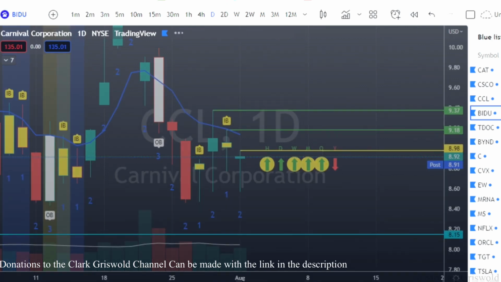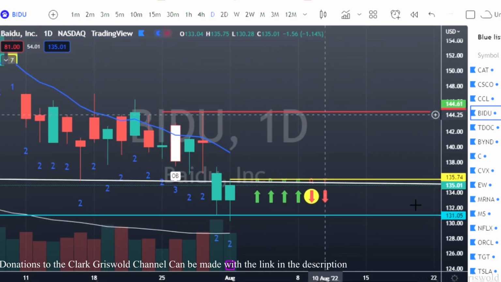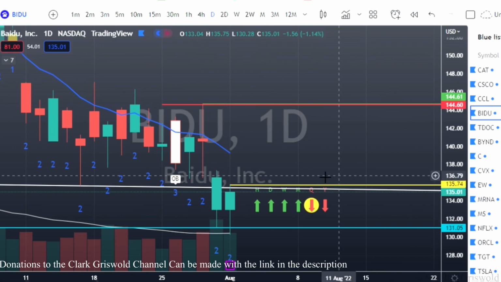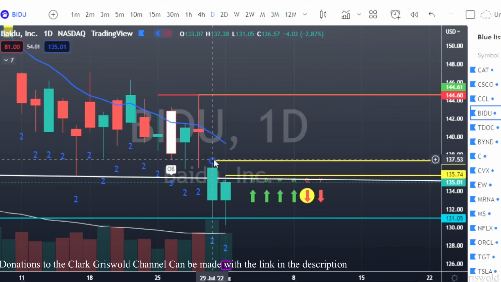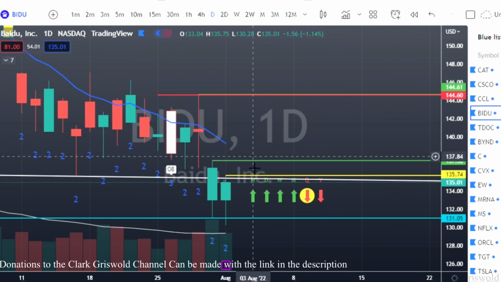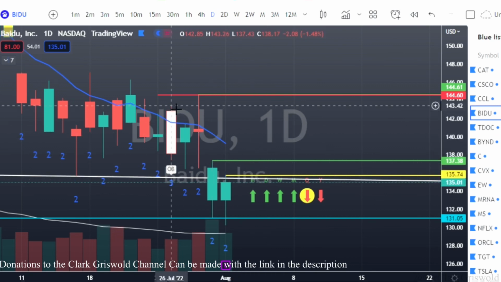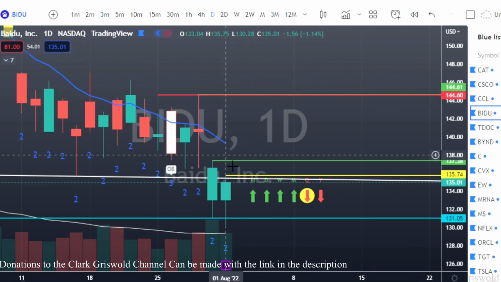Targets marked in green. You guys can mark those on your charts as well. BIDU, I think, had the same thing. Yes, 2 down green. We can call that a hammer candle as well. We can look for calls at 135.74. I do not have the targets marked, but let's mark them out together. 137.38. My targets, I use green. Okay? Daily triggers yellow. Weekly triggers pink. Monthly triggers blue. Quarterly triggers purple. And my targets are always green. That's BIDU.